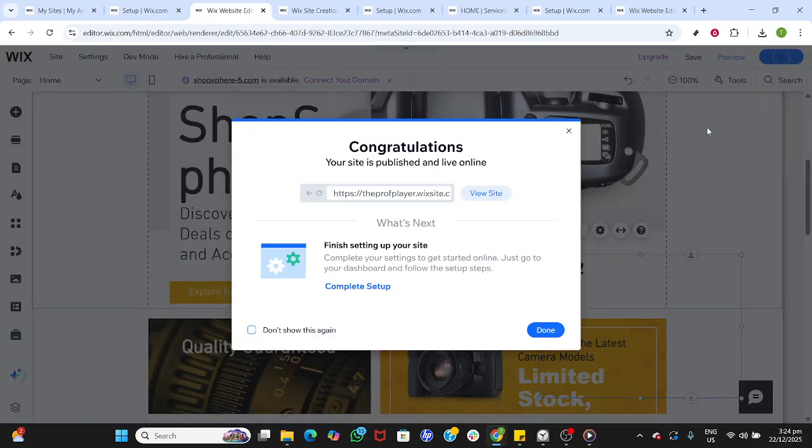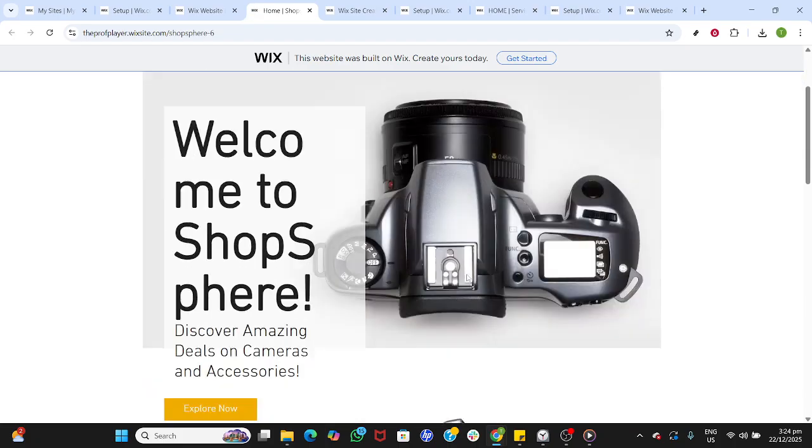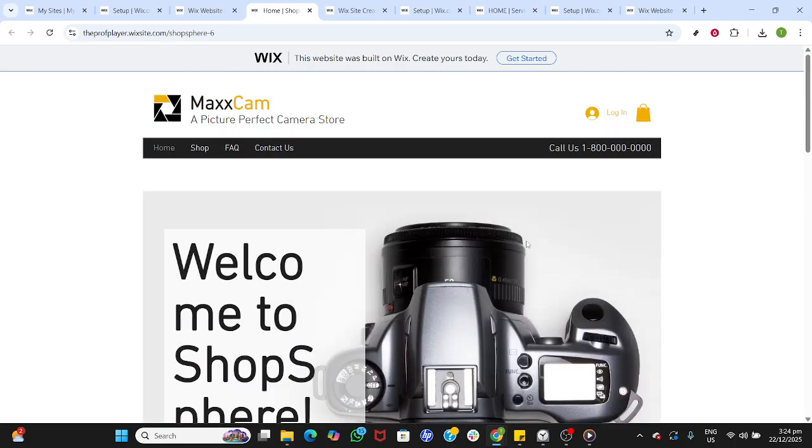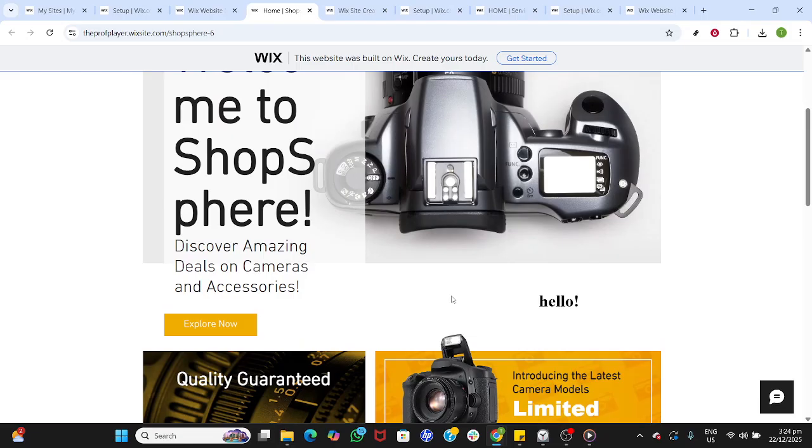When you're satisfied, click Publish at the top right to push your changes live. Then choose View Site to open the live page and verify everything loads as expected. If the embed doesn't appear on the live site, clear your cache or test in a private window and confirm any third-party blockers aren't interfering. That's it. Your HTML or embed